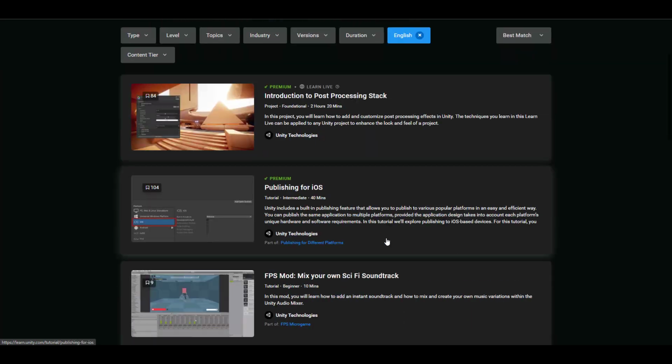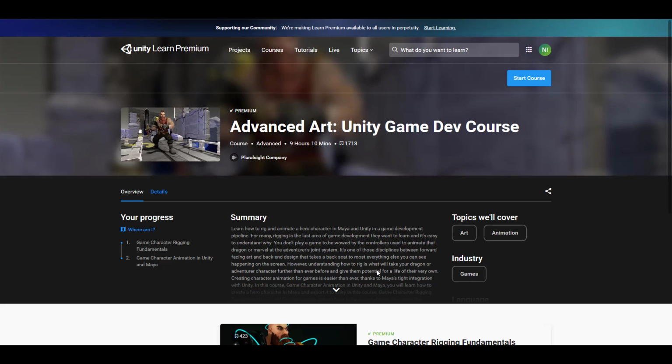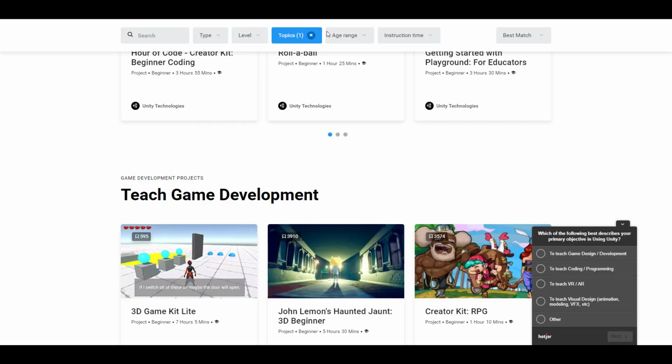So if you're thinking about learning some scripting, or some advanced art, you will find everything that you're actually looking for. On the other hand, if you want to learn some of these courses and you don't really know how to start, there are courses that they've already specified. If you go over to the course sections, you will definitely find courses that they've specified where you can